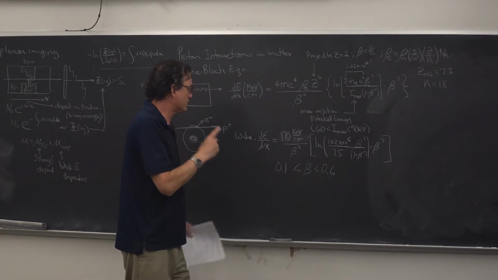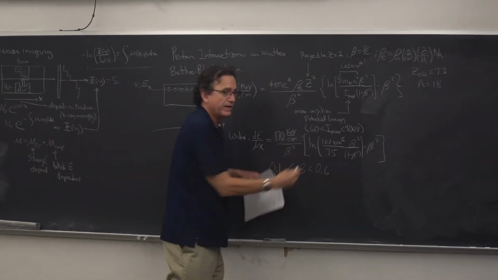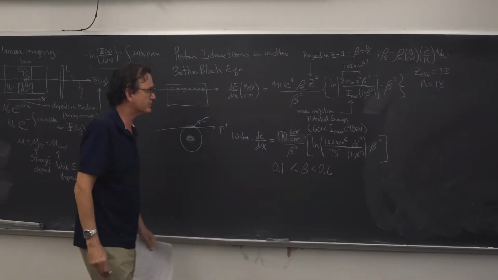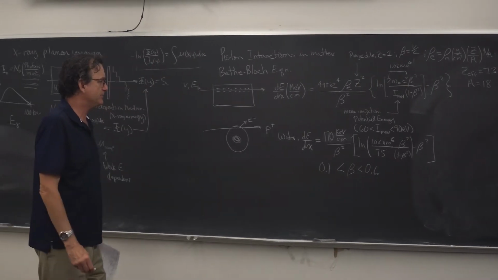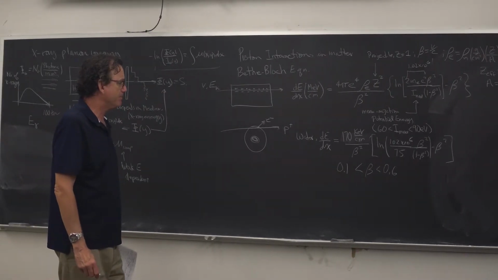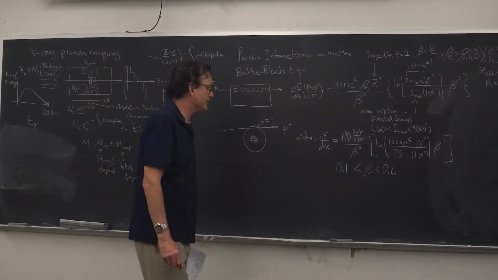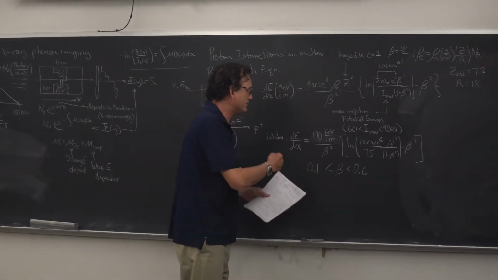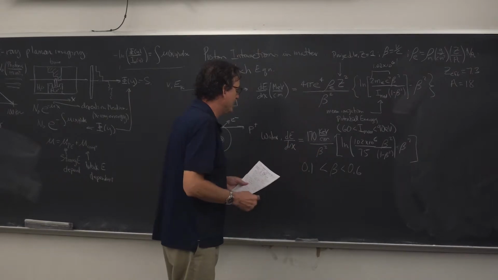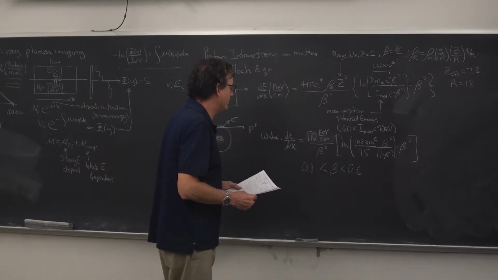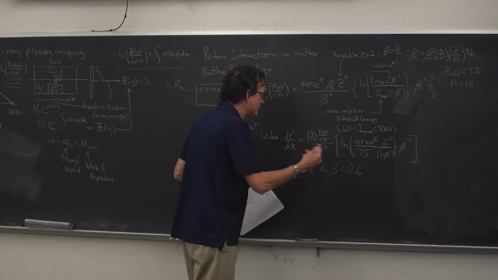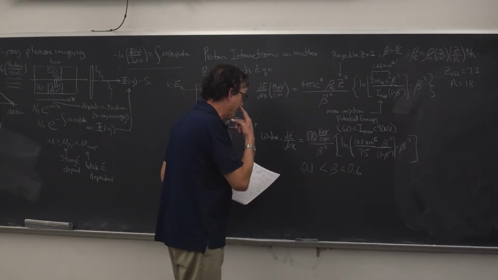Let's see. So this is the range. So there's a very narrow range to really evaluate this over. It's pretty straightforward to do that. But I want you to see it. Now, one way that this is often expressed, since we can express the energy in terms of the velocity,